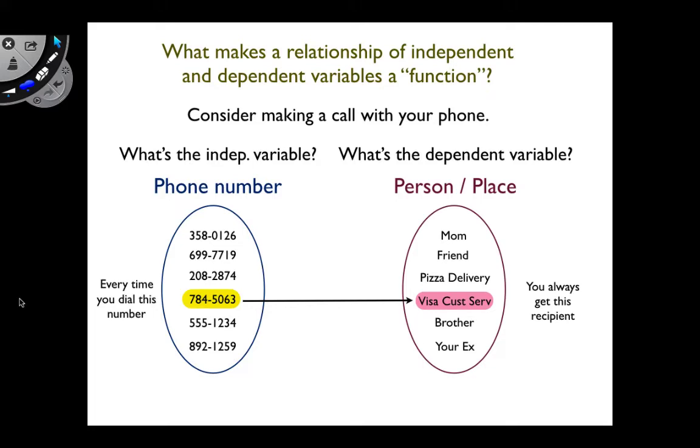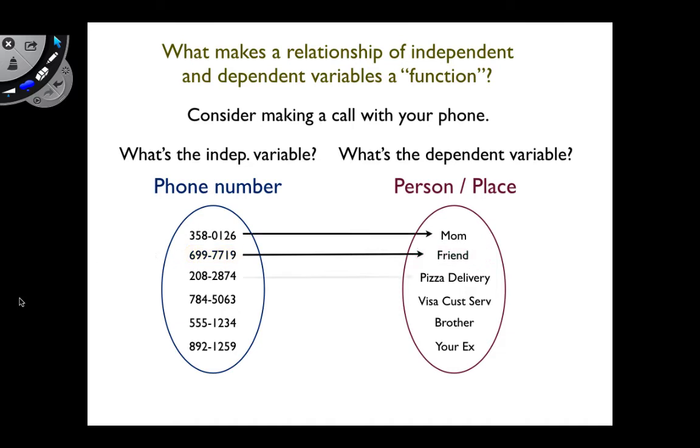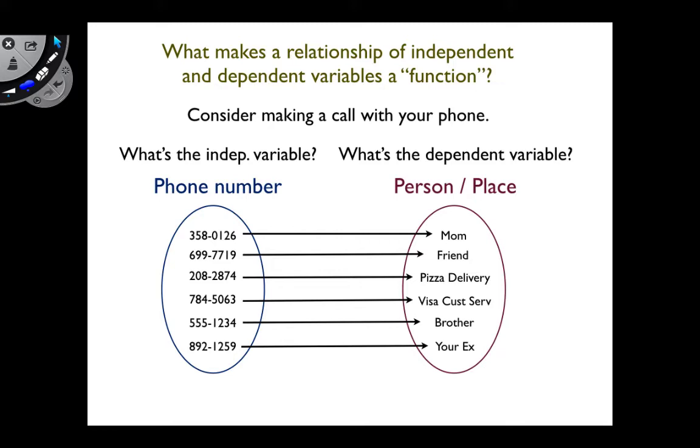So whatever number it is, I can dial a different number, get my friend, whoever it is. And obviously, I could rearrange what order these are listed in, and all these arrows could cross. The arrows going straight across isn't the relevant part here. It's just that if I know what number I dialed, there's a specific person on the other end of the line that's supposed to pick up, or at least a certain business. Or maybe I'll get their voicemail. But I'm not going to